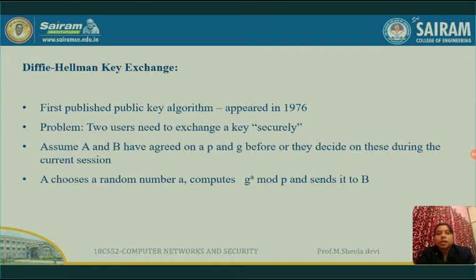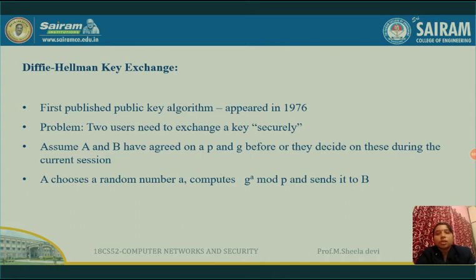Then A chooses a random number a, computes G power a mod P and sends it to B. I am the sender A and my friend is B. We want to share the keys safely.